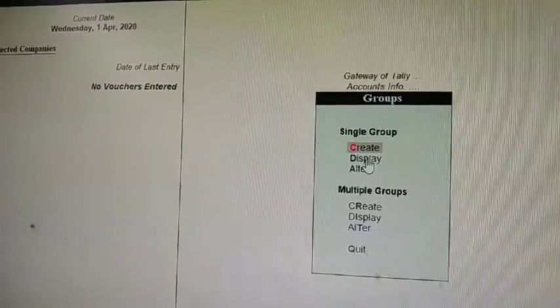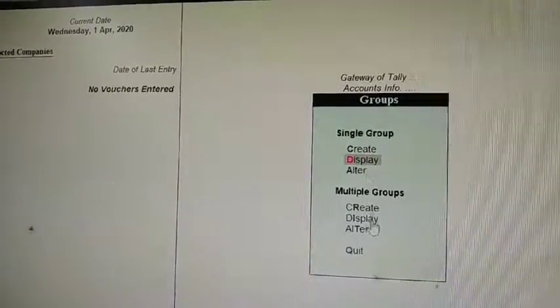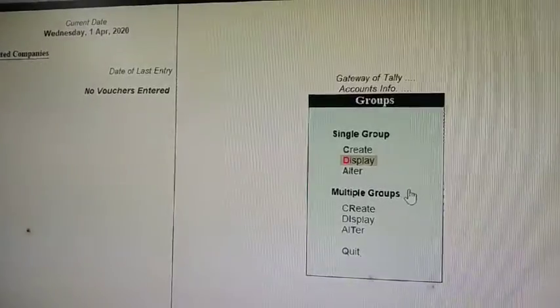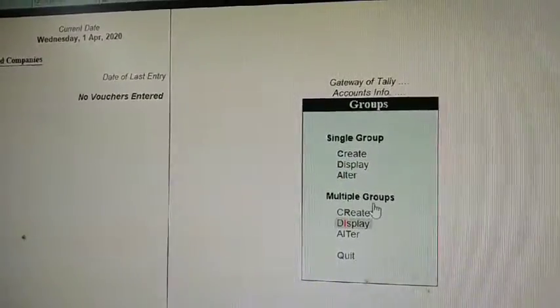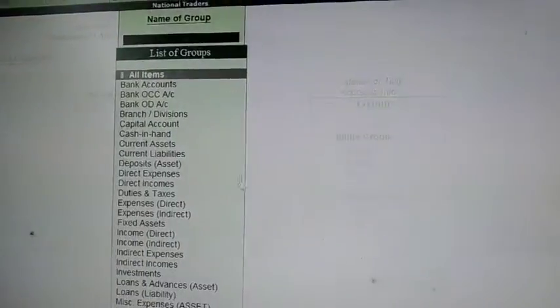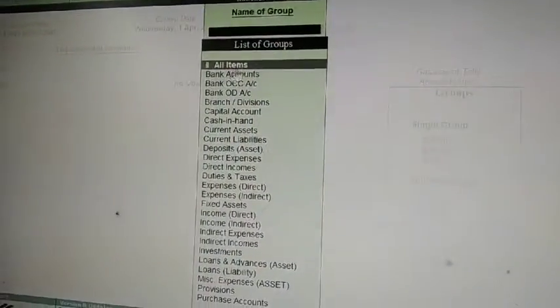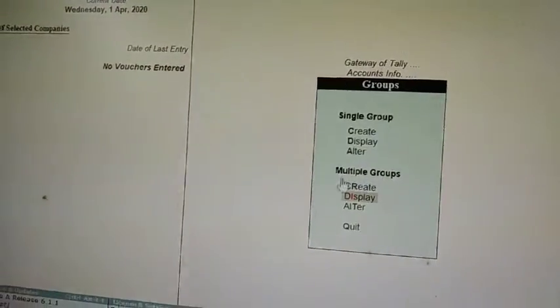By default you need not create groups because Tally has all the groups inbuilt. You can display them. Under multiple groups there is a display option, enter over there and click on all items.